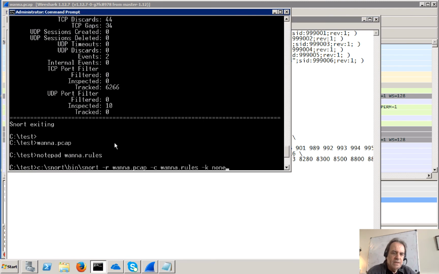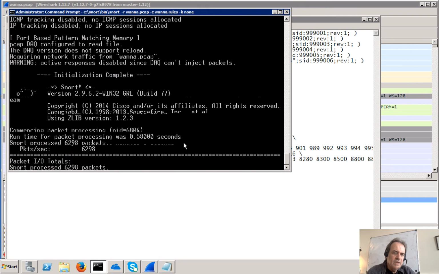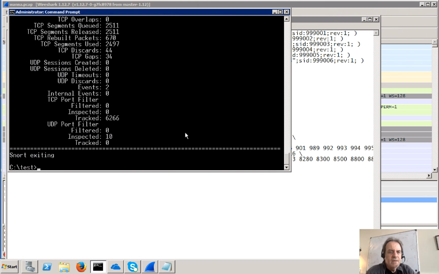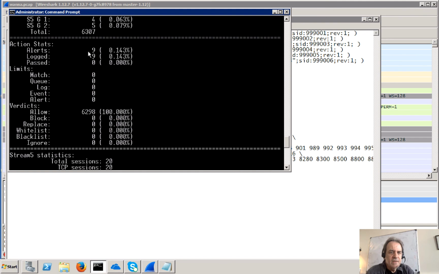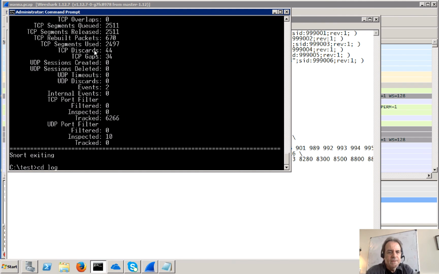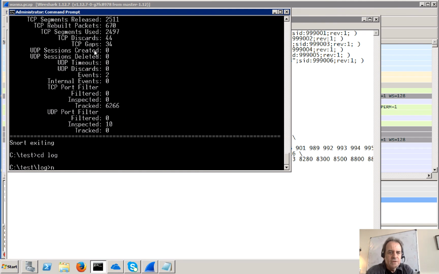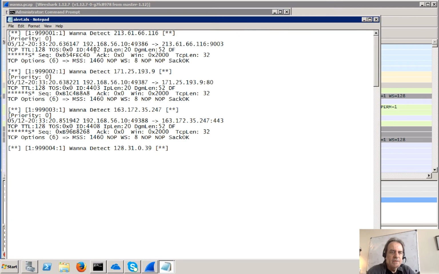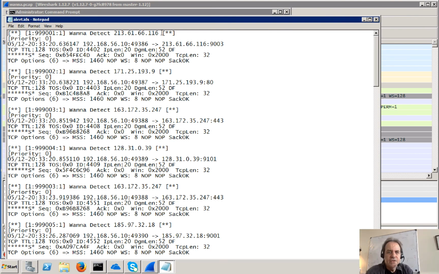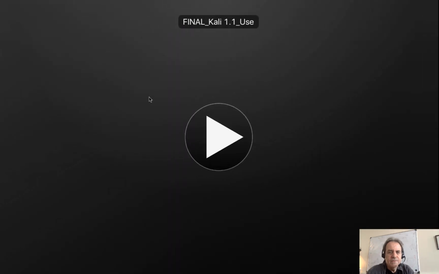We can do that by reading in the PCAP file, that's the Wireshark trace, and then running the rules and seeing what it does. So we just run that through, and hopefully it's created 9 alerts. That's good. We'll have a look at the log folder and see what alerts it came up with, and there it is. Okay, so it's detected that connection and that one, and so on.